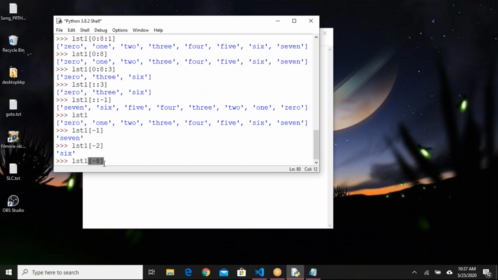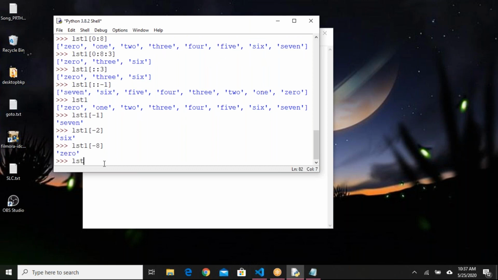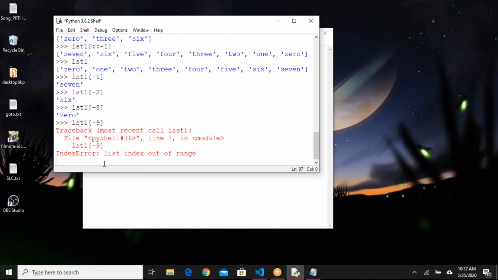If I say LST1 of -9, -9 is not available, the list index out of range. So -1 to -8 I can access the elements in reverse order, using reverse indexing.